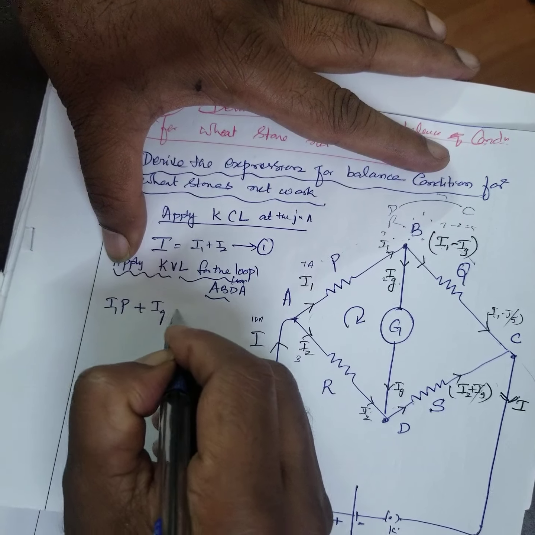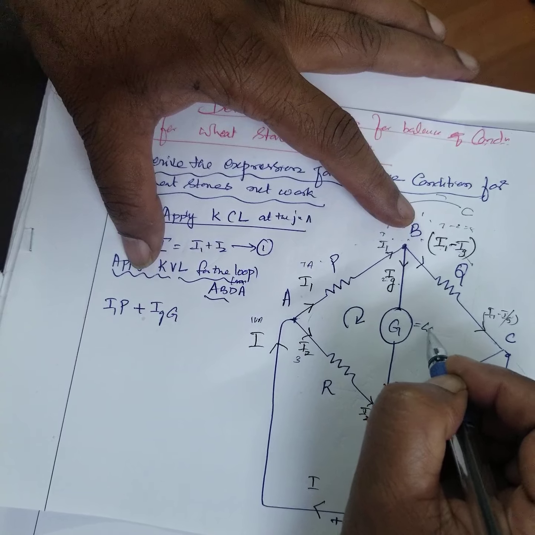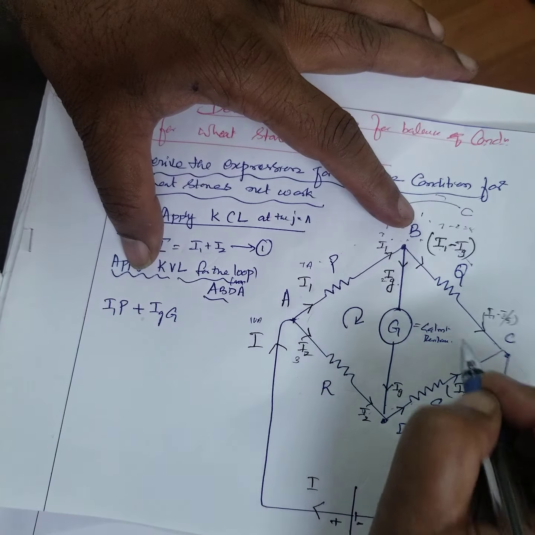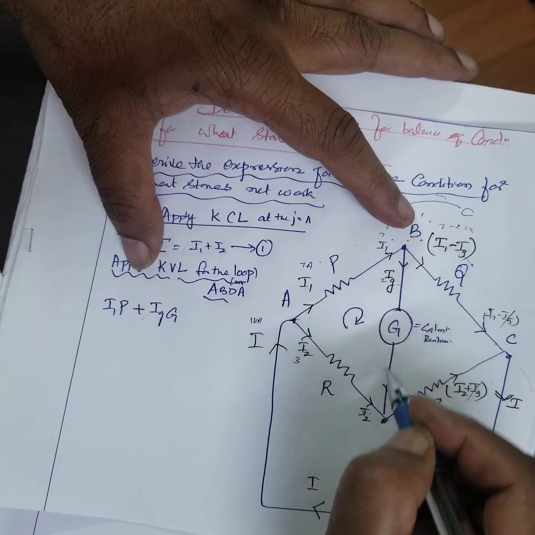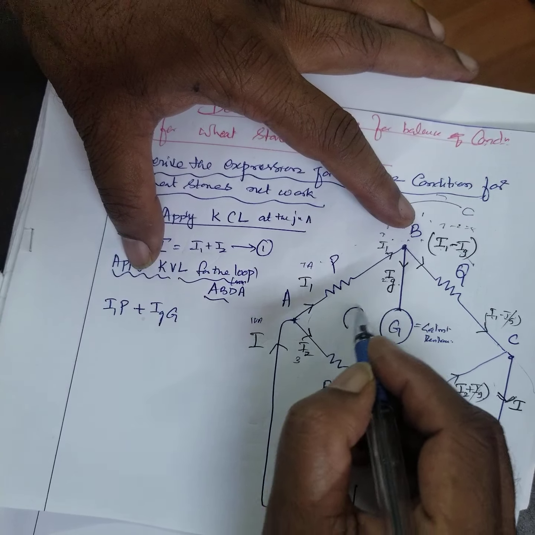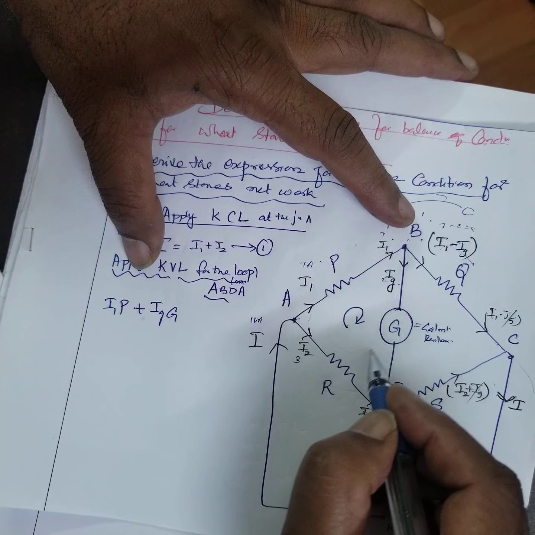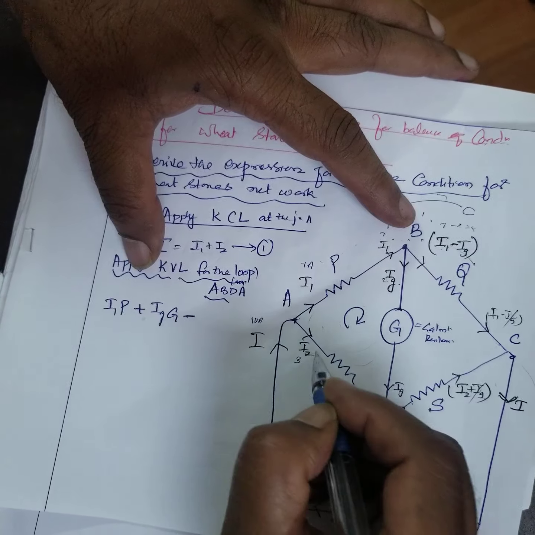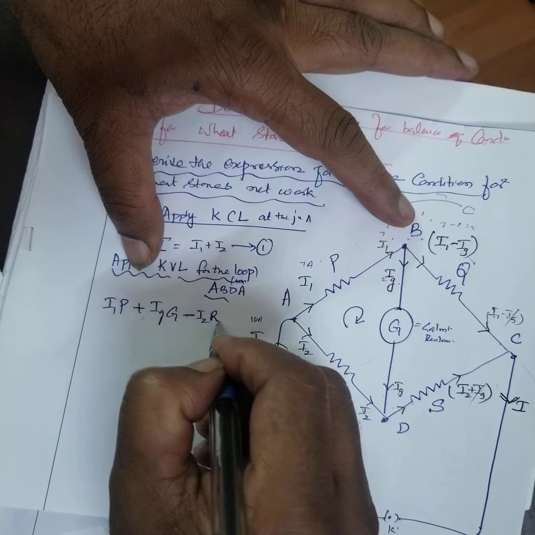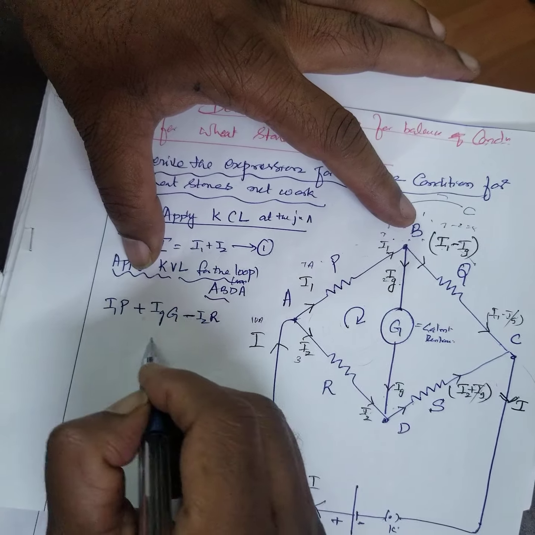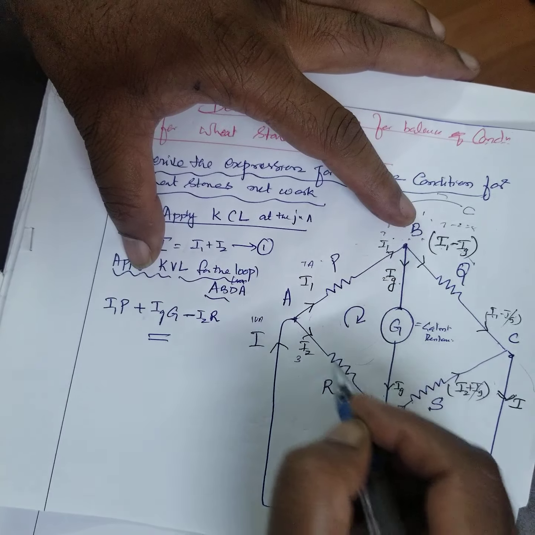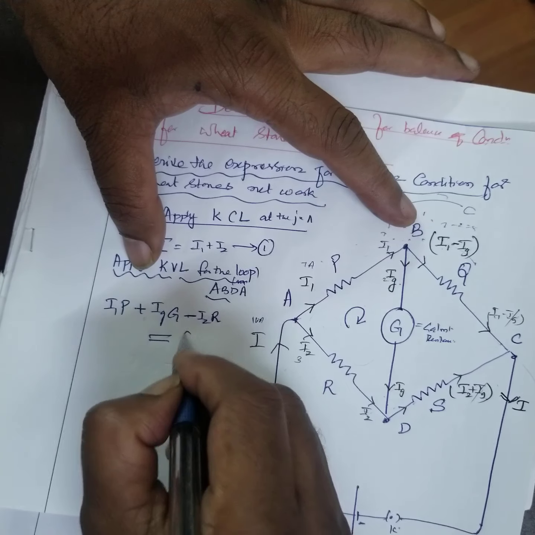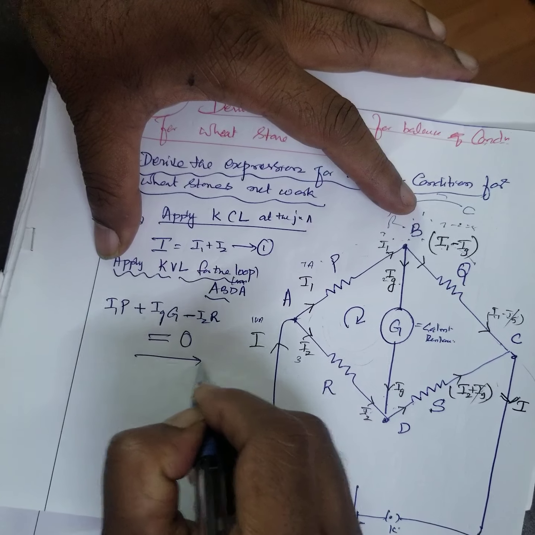Plus Ig into G. What is G? The galvanometer resistance. You are going along this direction. And again like this, you are not rotating, you are coming like this, going along the flow. But here you are going against the flow. Therefore, against means minus I2 R. And that is equal to the algebraic sum of the EMF. Is there any cell? Is there an EMF? There is no cell or battery, anything. Therefore, you write 0. This will be the second equation.